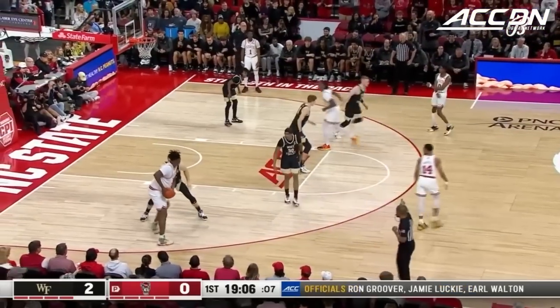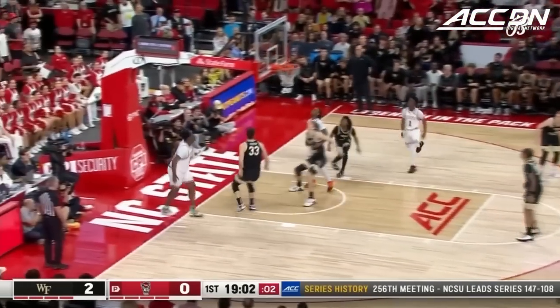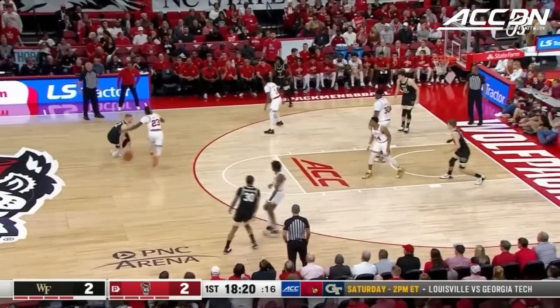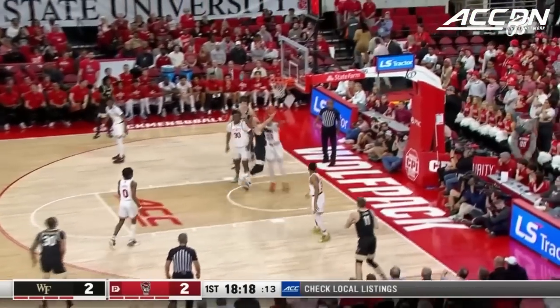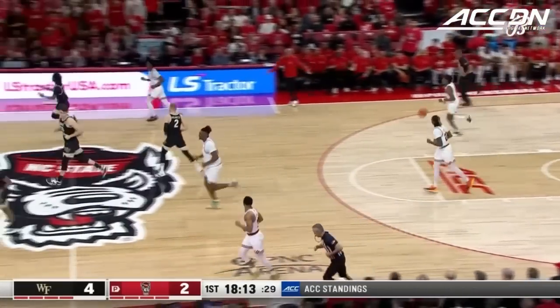It was electric in this building. Talking to some of the fans earlier as they get low in the shot clock. DJ Burns getting to that patented left-hand jump hook. He's been special, Tom, and a lot of it has to do with the fact that he struggled the 2 games prior to that, as Cam Hildreth gets downhill and is able to finish off the glass, winning his matchup